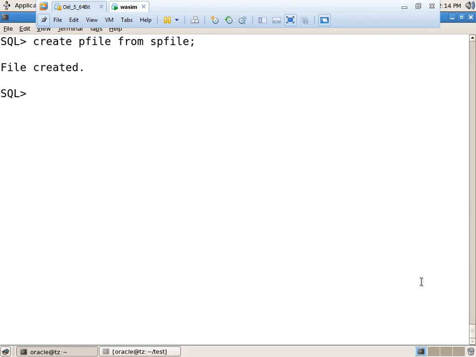What is the default location of the P file and SP file? Oracle Home DBS, right? Just I am going inside the Oracle Home DBS location, okay?